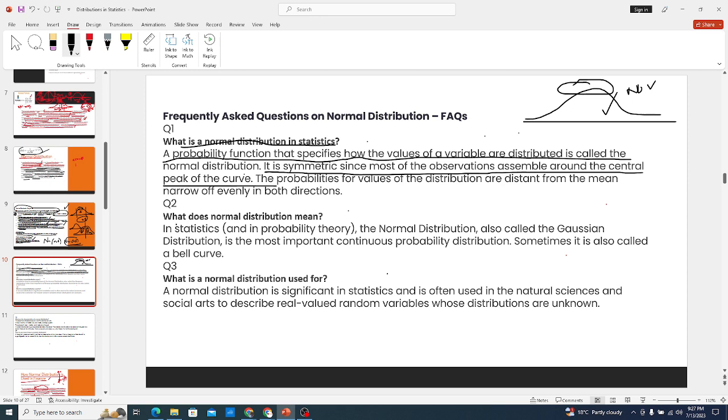What does the normal distribution mean? So in statistics and in probability theory,